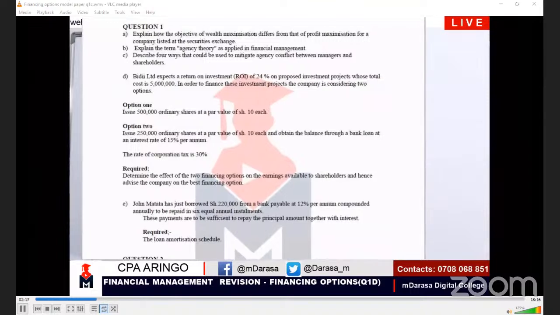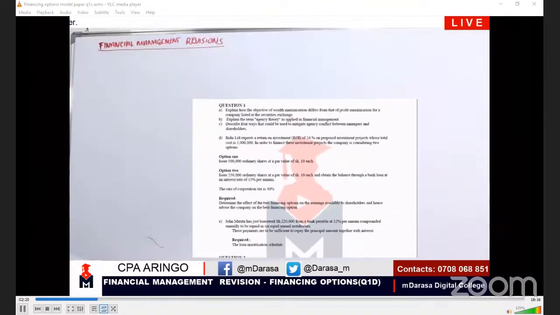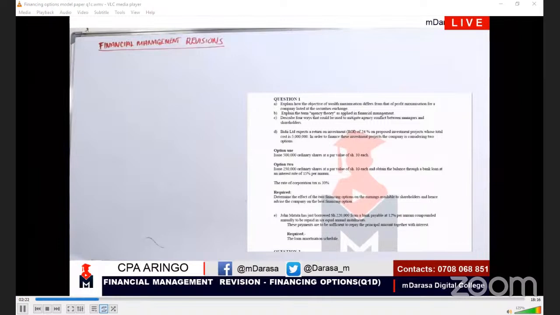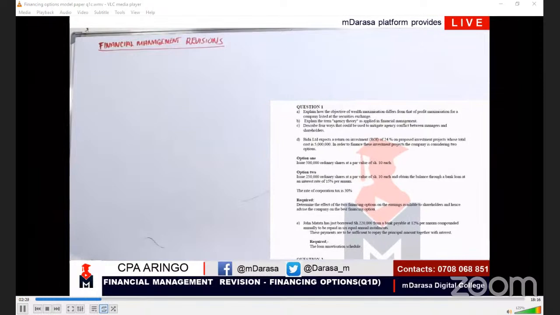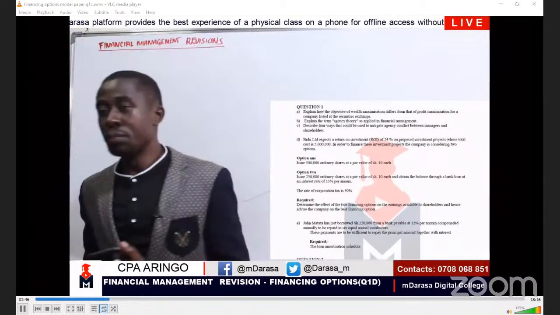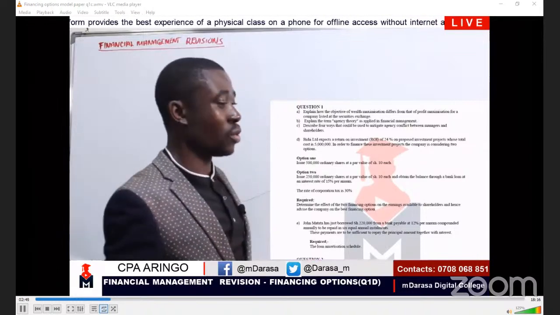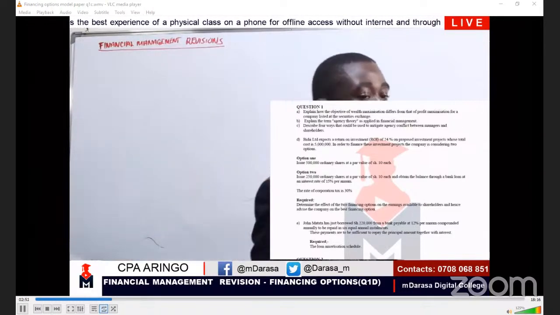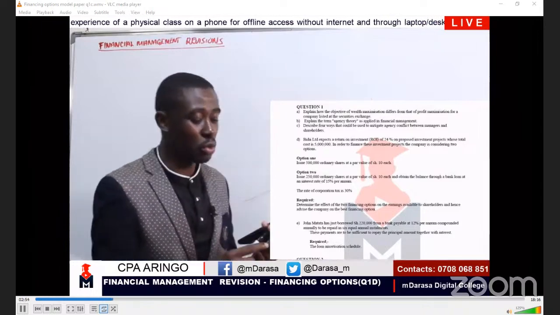Given such a question, my good students, you should first of all identify the area that we are being tested. On this case, we can clearly see that the examiner wants us to advise the firm, and we'll be advising the firm based on the impact of our investments on our earnings per share. Because you are an investor, you've invested somewhere, and of course you're going to count this investment based on what you're going to earn.